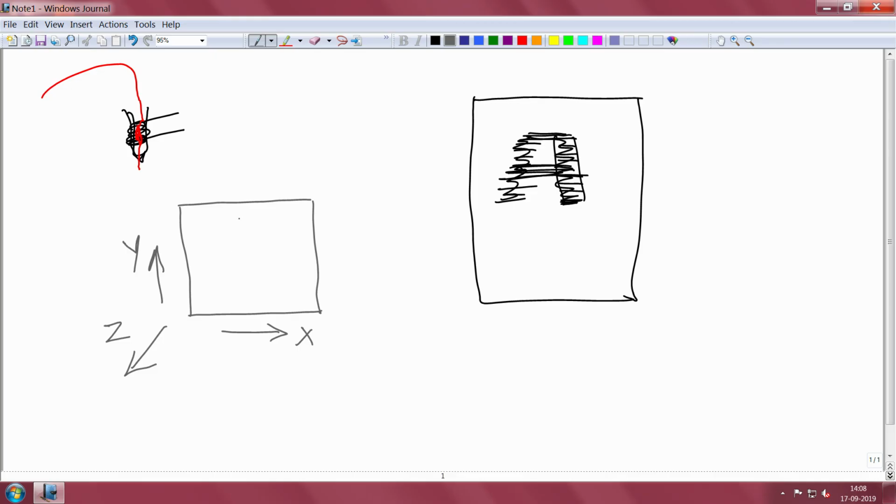Suppose we want to make a 3-dimensional A. Here I just showed a letter A, and we want to make a 3-dimensional letter. So, the nozzle will go to the build plate and it will start depositing material, and the first layer will be like this, and it will fill with the material.